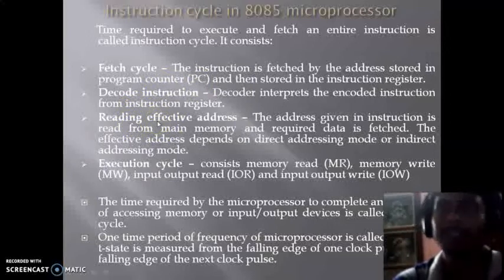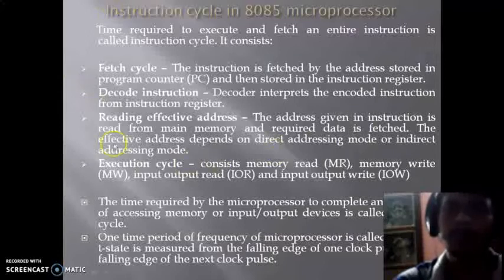The address given in the instruction is read from main memory and the required data is fetched. The effective address depends on direct addressing mode as well as indirect addressing mode. Now the execution cycles: after the opcode fetch, we need to read or write a memory, or we need to read or write an input output device as well. So now to execute these cycles,